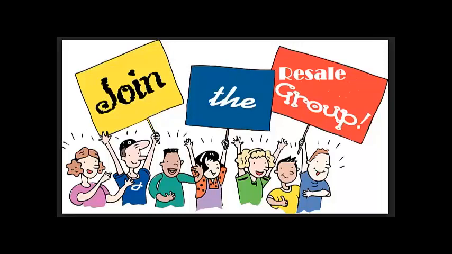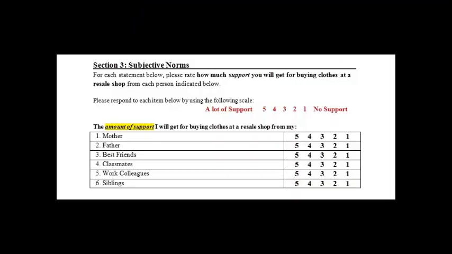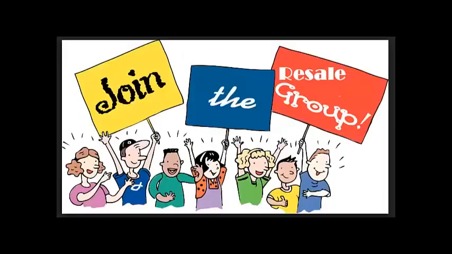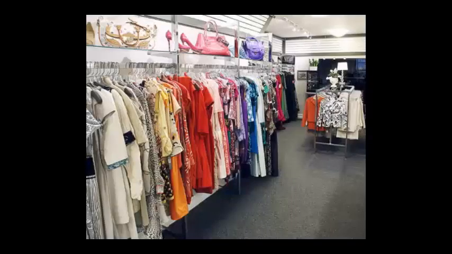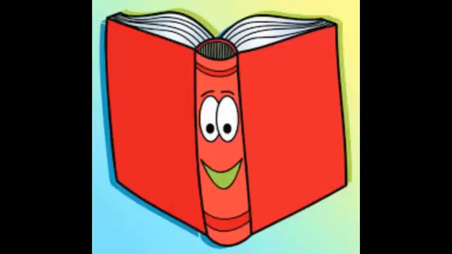Buying clothes from resale shops is life-changing because you save money, you look good, and you have clothing for every type of event. In other words, you are using the findings from the subjective norms section to create an appeal of being a part of a special group. The goal is to reinforce membership in the special group and persuade your audience to continue to buy resale. Once again, if you return to your textbook chapter, you'll discover more strategies on how to develop a persuasive message